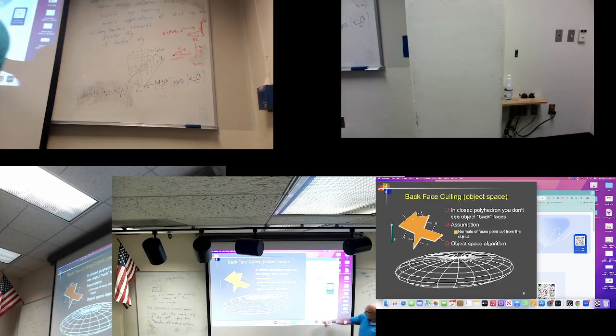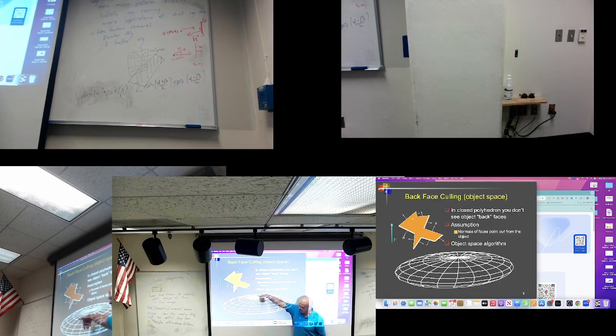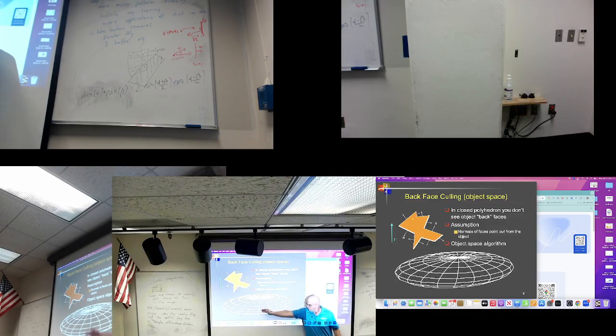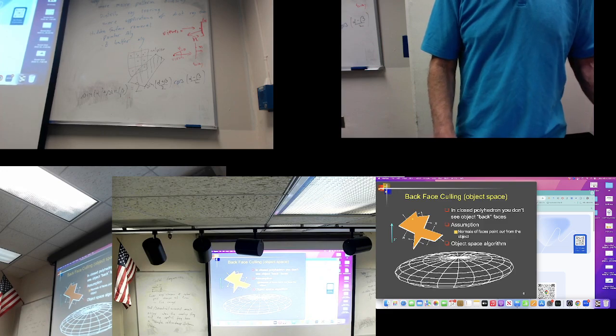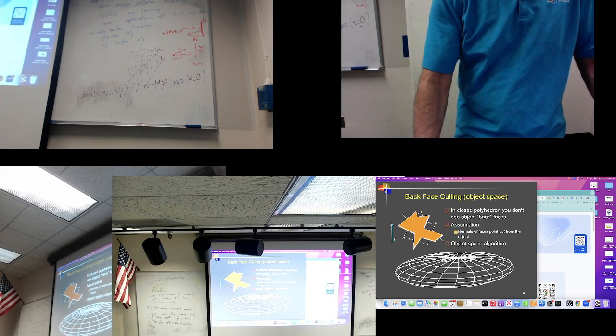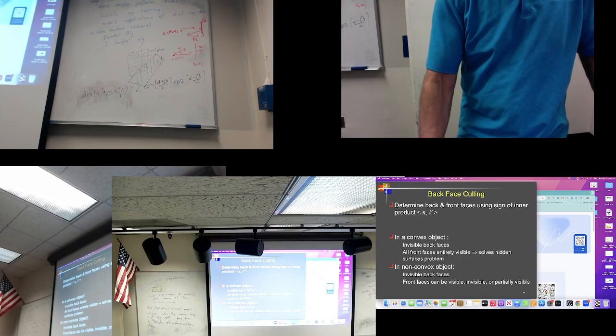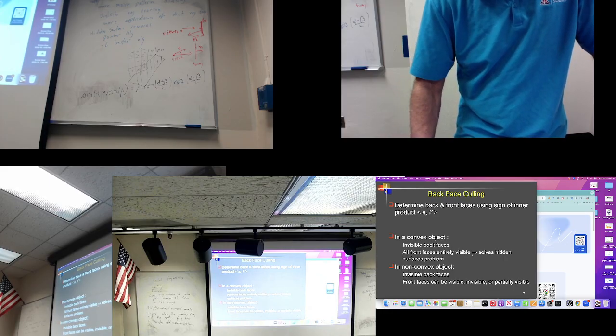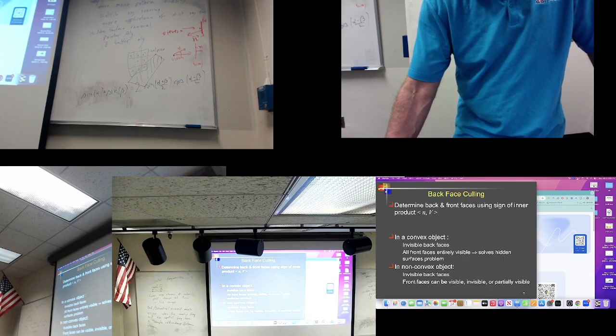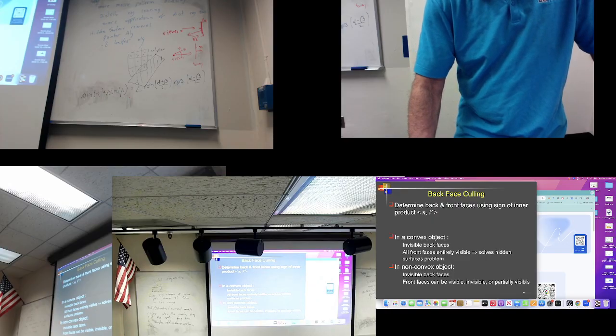Okay, this is an opaque object. Faces that are away from the viewer are occluded by faces that point toward the viewer. I think that the more I speak about it, the less obvious it will be. Cool? Okay, backface culling determines if the N dot V product is negative, and in a convex object, of course, the back faces are invisible and all front faces are visible. Okay? In a non-convex object, you might still have back faces that are invisible, but let's skip through this